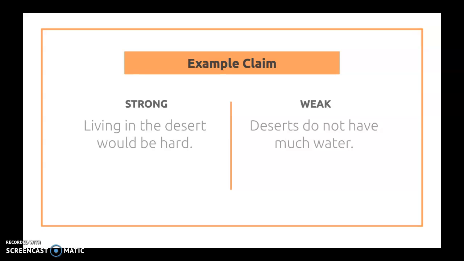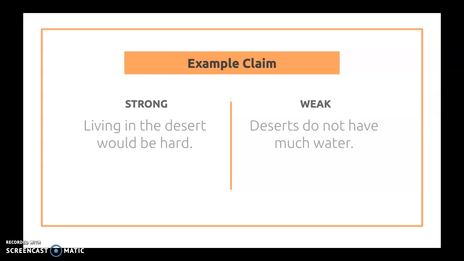Here we can see two different examples of claims. On the left, you will notice a stronger claim than on the right. On the left, it says living in the desert would be hard. This is an example claim that is considered strong because somebody could argue against it, saying that living in the desert would be pleasant or living in the desert would be easy,